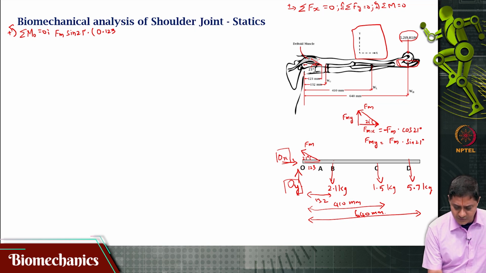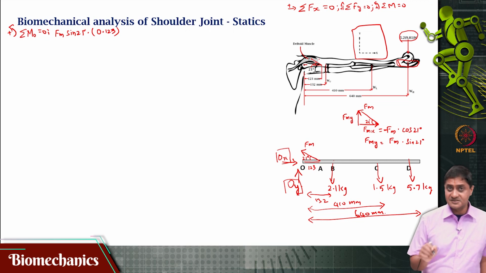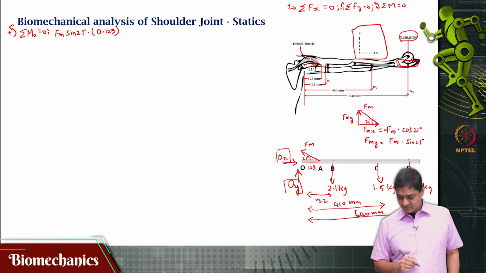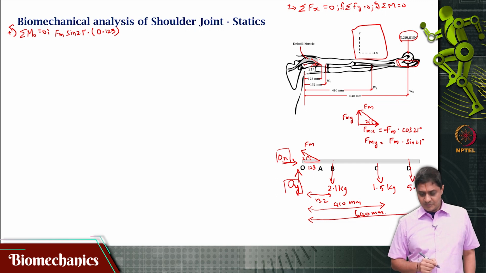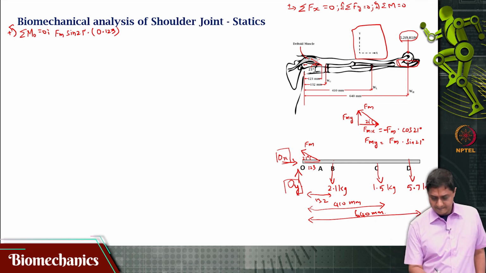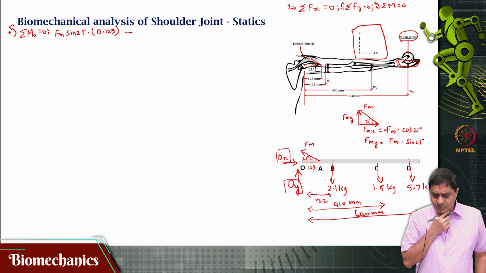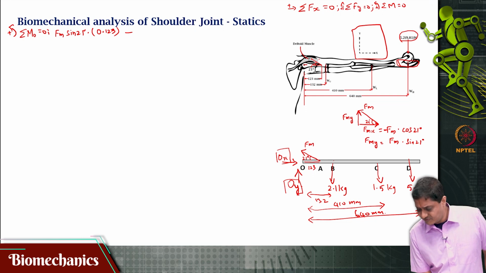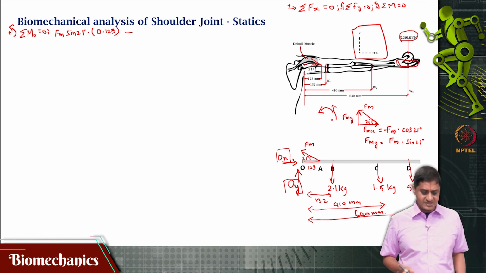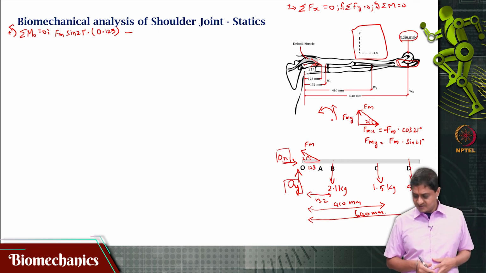This is 123 mm expressed in its SI units, okay, which is meters. So, 0.123. Will this be a positive moment or a negative moment? Well, because Fmy is acting in this direction and the joint is here, it will be a counterclockwise moment, which is positive. So, Fm sin 21 times 0.123 is positive,